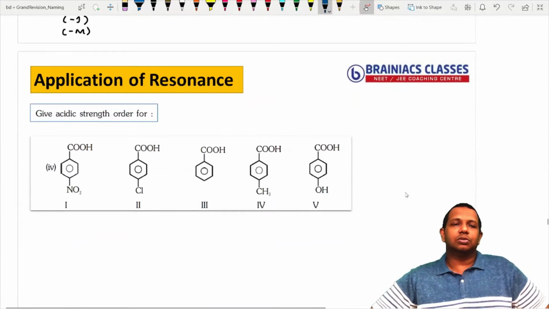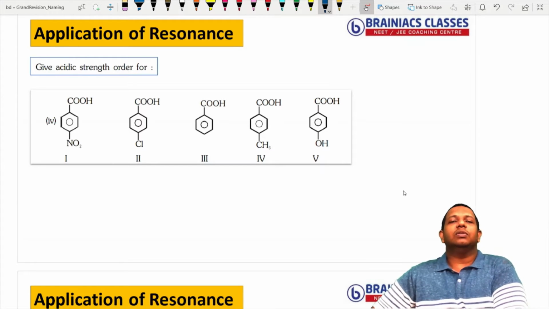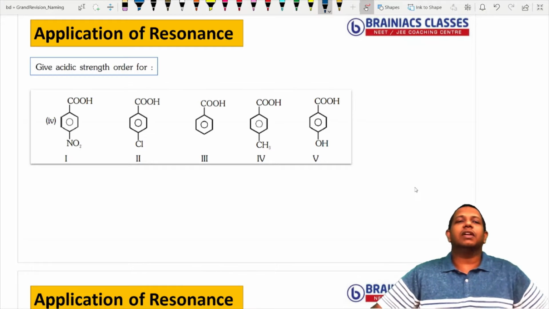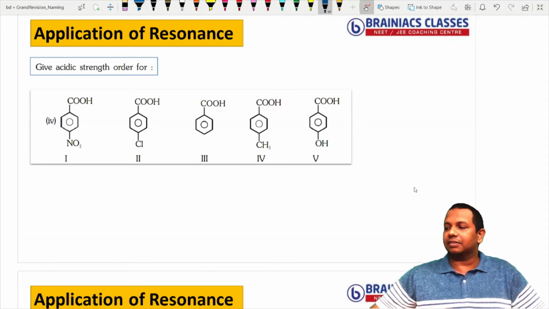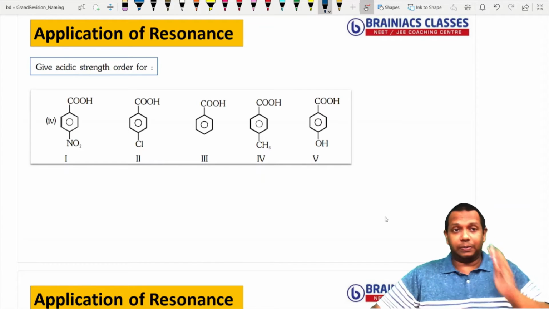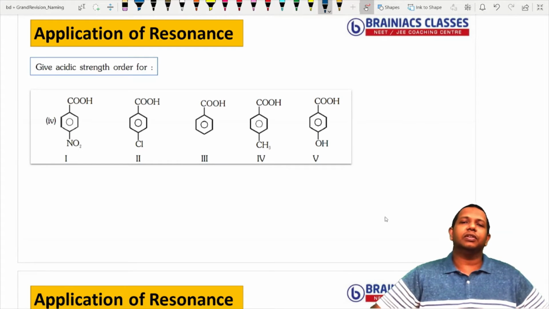Now let's go to the next set of questions. So here I am going to introduce carboxylic acid derivatives. Everything will be with respect to benzoic acid and its substituted acids actually. So whenever I am going to explain benzoic acid, I should tell you one important effect. Thereafter only I should start explaining the acidic strength of benzoic acid.